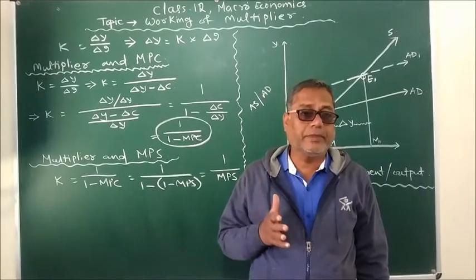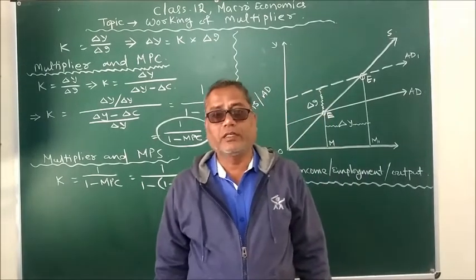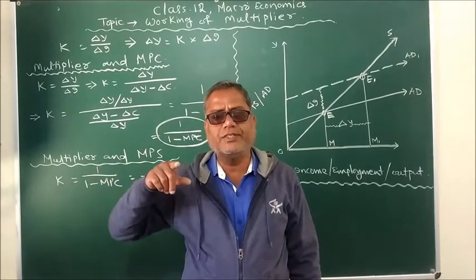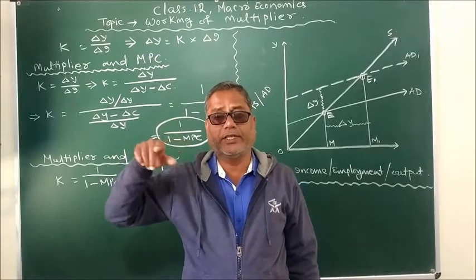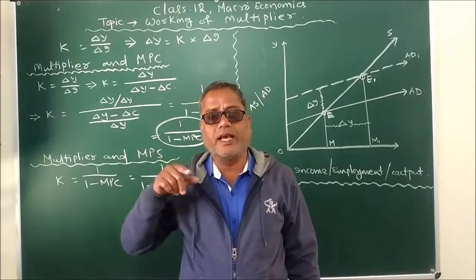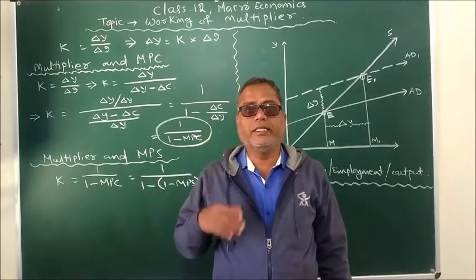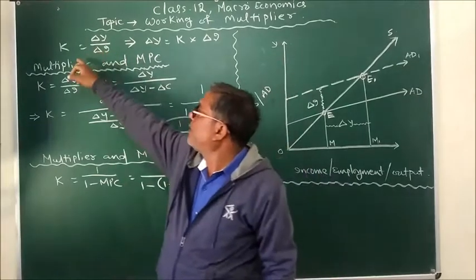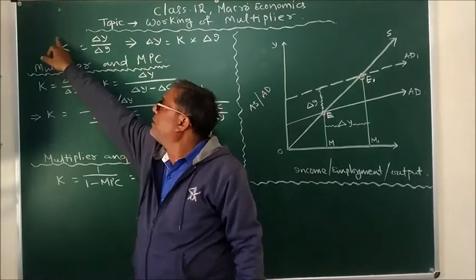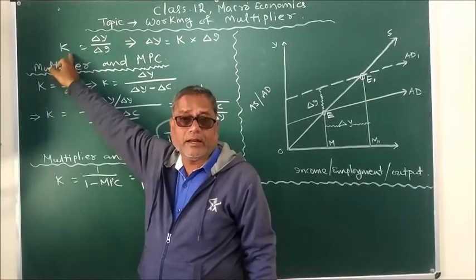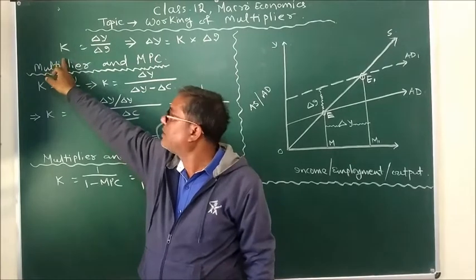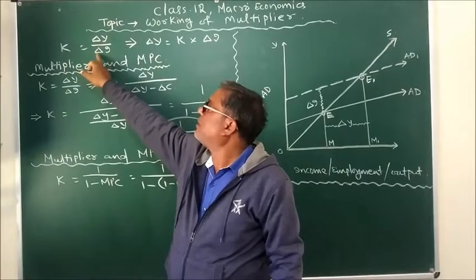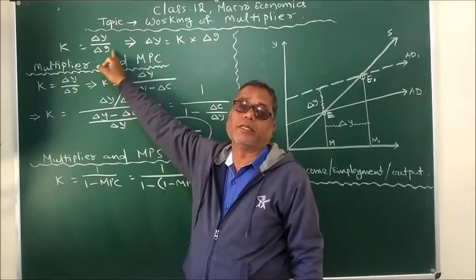investment. Once again I repeat, multiplier is nothing but the ratio between a change in income, change that is written as del, means change in income means del Y upon change in investment means del I. So multiplier, which is symbolically written with the symbol K, English letter K. K means multiplier. So multiplier is del Y, a change in income, upon del I, means a change in investment.